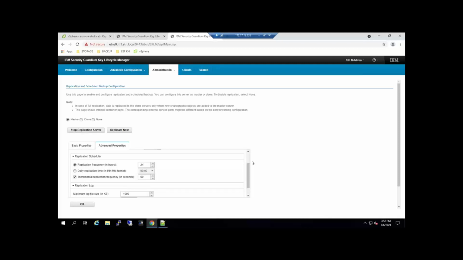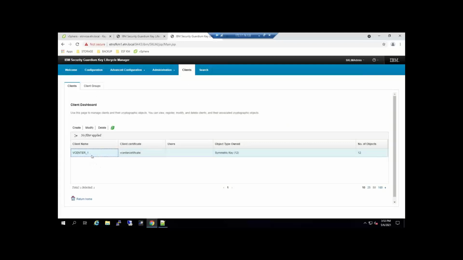But if there are some deltas, some differences between stored keys between primary and clone, for example if some new virtual machine or new ETERNUS system was registered to the primary key management server, then the primary key management server got the new keys, and it needs to send them out to the clone KM server to make both servers synchronized.